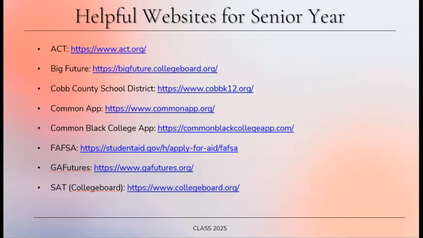And then Georgia Futures, local to us here in the state of Georgia, where one can explore their college match schools, see their HOPE GPA, and find a ton of other resources related to HOPE, Zell Miller, college planning, and even dual enrollment. And last but not least is the SAT website, which is collegeboard.org. So again, when needing to sit for the SAT exam, one will go to collegeboard.org and register to test. That is also where you will send your official test scores, given that we here at the local high school do not have access to send those scores.